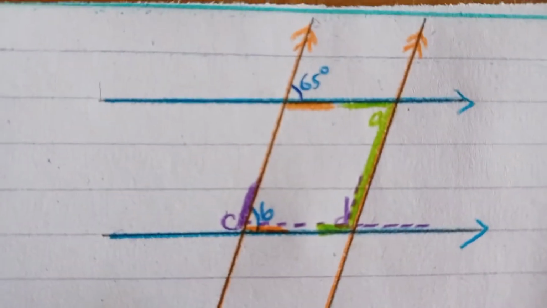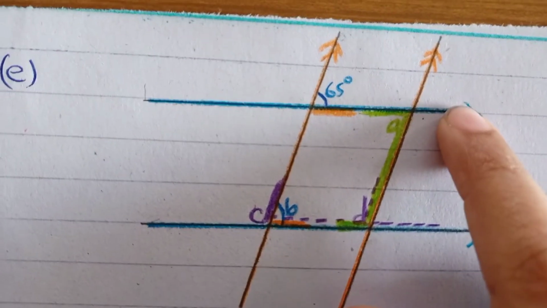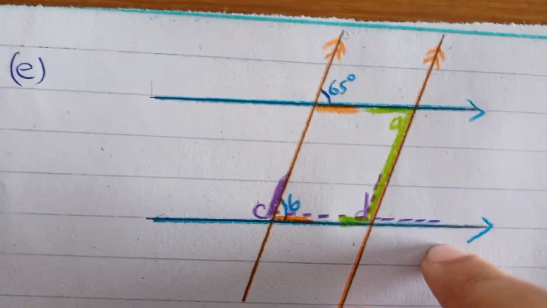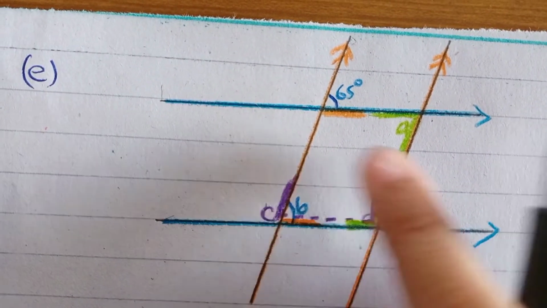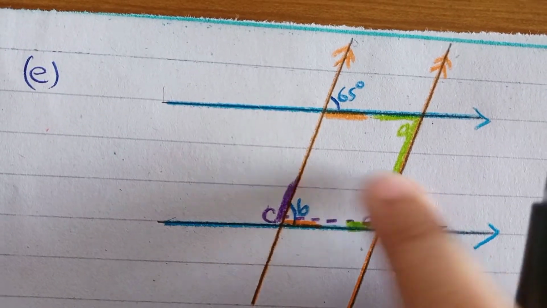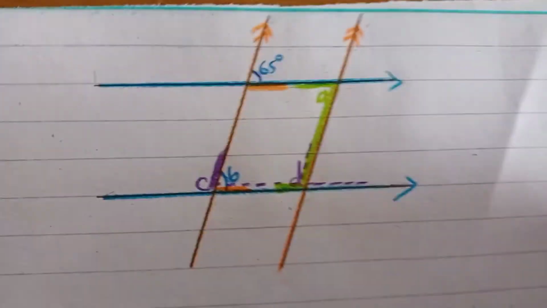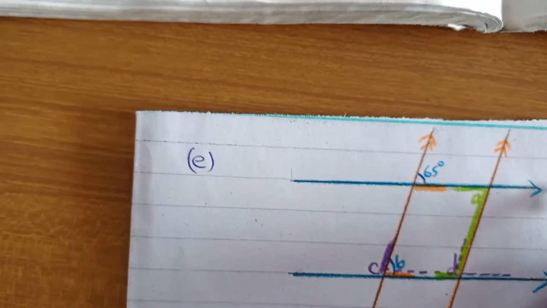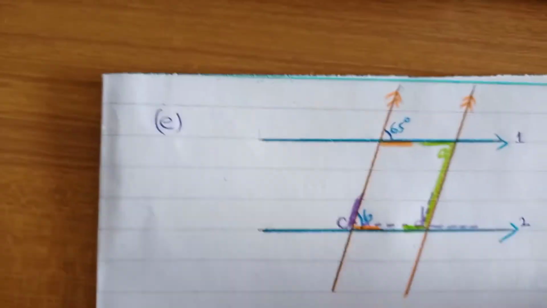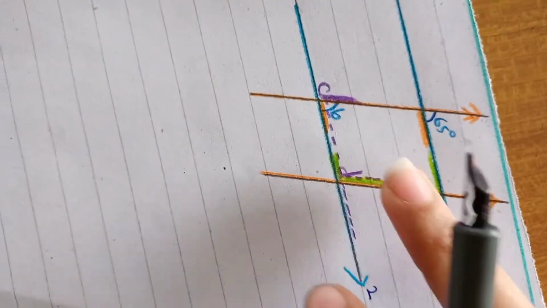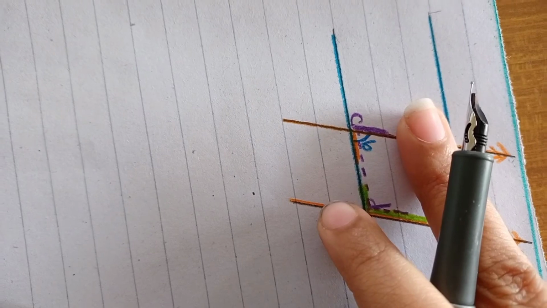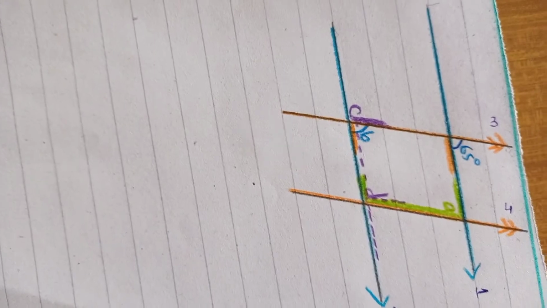Now I want you to first understand the figure. This is a parallel line, this is also a parallel line. These two parallel lines have transversals, and they are intersecting parallel line 1 and parallel line 2. But if you see another side of it, these two are also parallel lines. If I turn over the figure, this and this are also parallel lines. It means I can say that 3 and 4 are also parallel lines being cut.